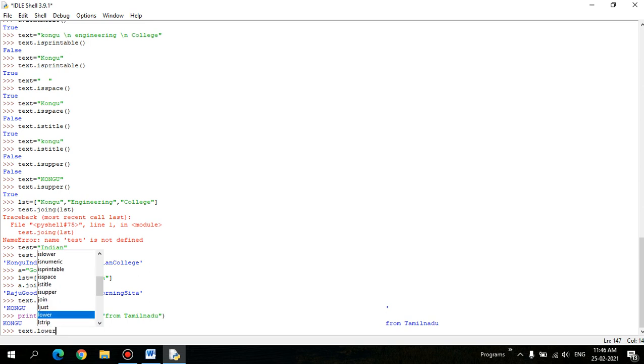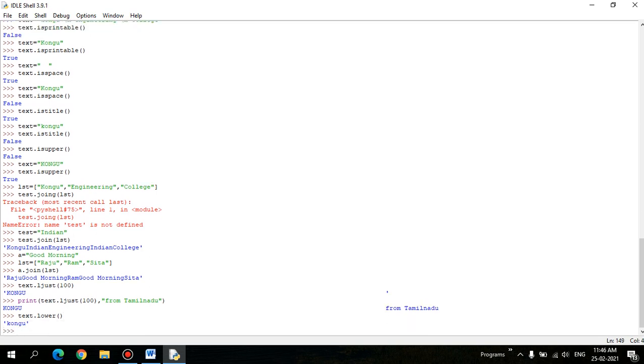Next function is text dot lower. So this makes your string to lower case. There are lower characters, so very simple function. And text dot,